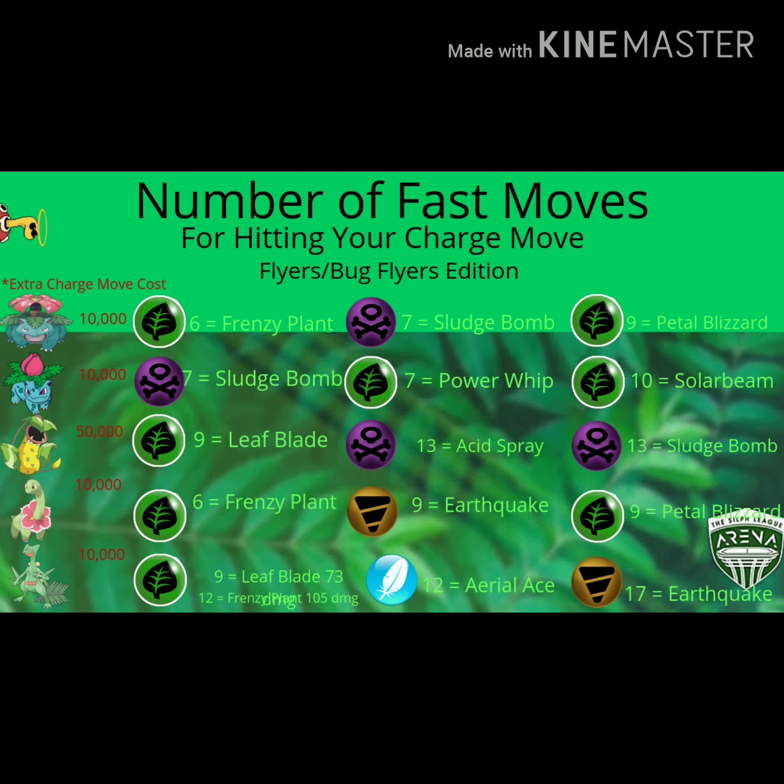Delving a tad bit deeper into each of the 5 grass types, we're going to take a look at their fast to charge move ratios. Starting with Venusaur, it takes 10k to get to its extra move. The recommended fast move is going to be Vine Whip, which takes 8 energy and does 3 damage each time. The by far most recommended charge move is Frenzy Plant, which is going to take 6 Vine Whips to get